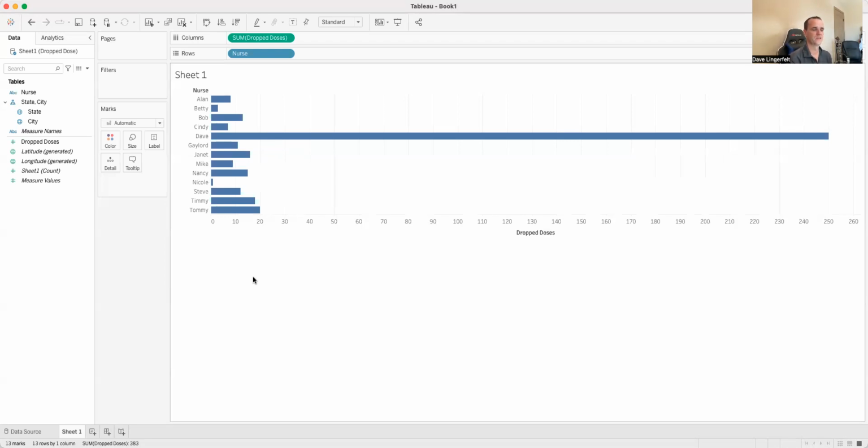As a business leader, how do I want to make decisions on this? Well, really what I want to do is make a decision based on who's dropping the most doses, right? So in order to do that, I need to resort my chart. This is real easy to do. If I come down here to where it says dropped doses and mouse over that, you'll see I get this